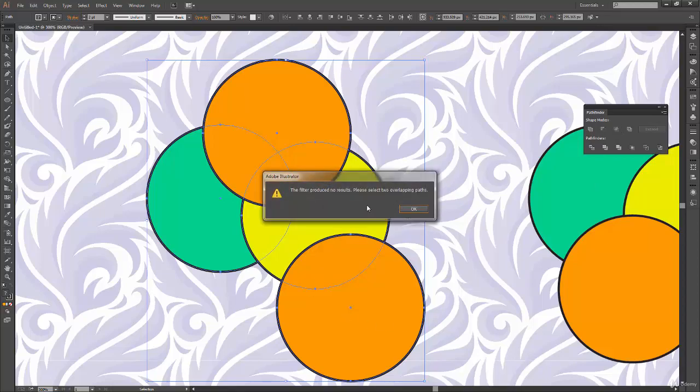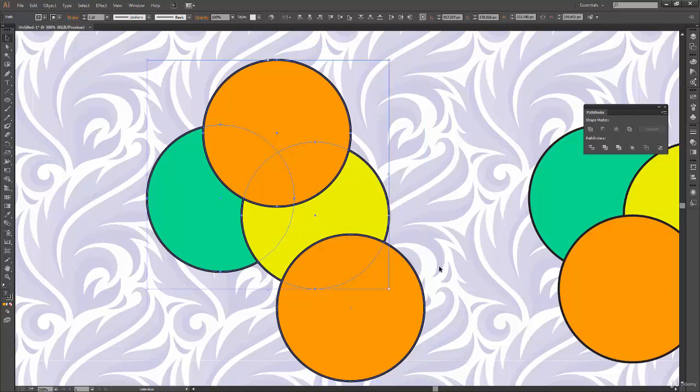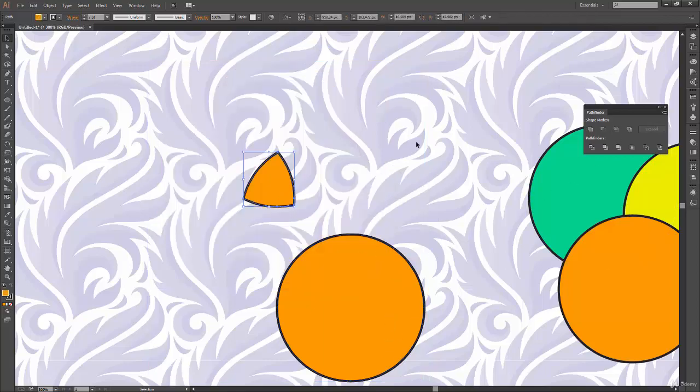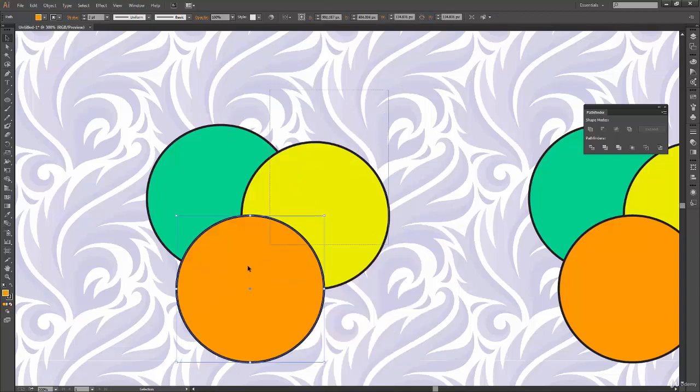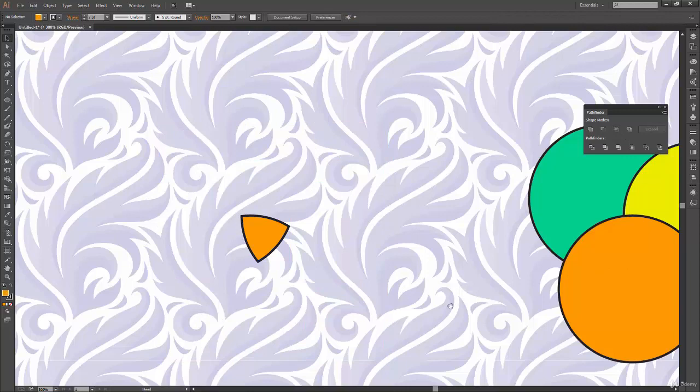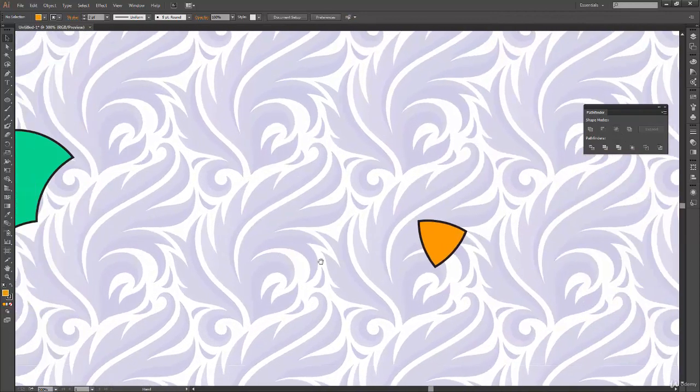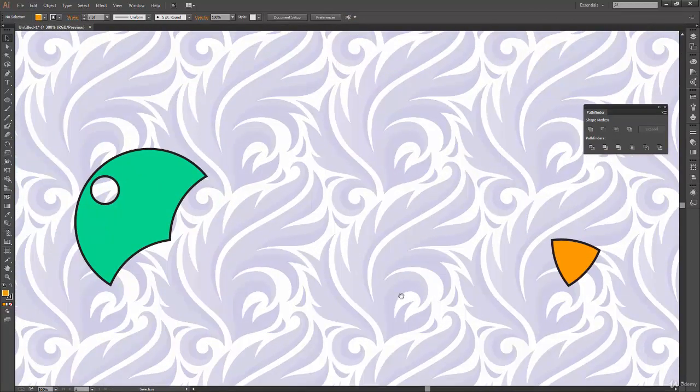No matter how many shapes you select, you need to have some intersection between all of them. Now if I exclude this shape and perform intersect, it works perfectly fine. I hope it is clear how intersection works on multiple shapes, and here we have the intersection performed. And one more thing I want to cover about the subtract option or subtract tool also.